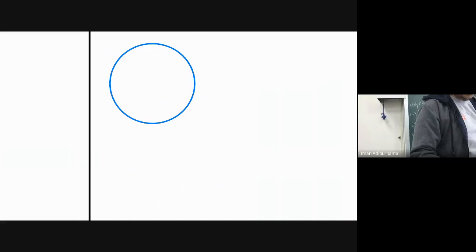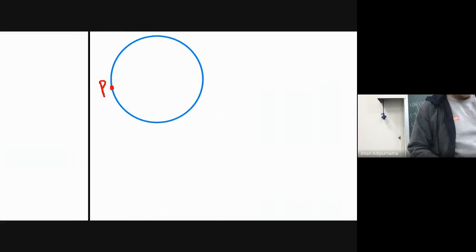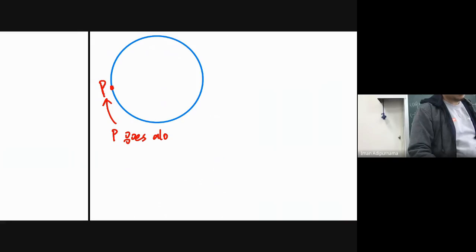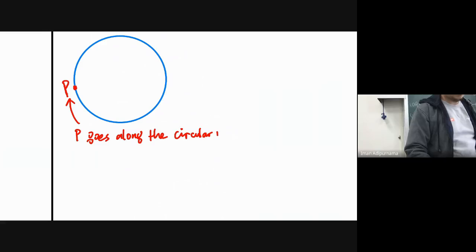Imagine there's some point P here, and you go along the way, right? Imagine the P, right here. P goes along the circular motion